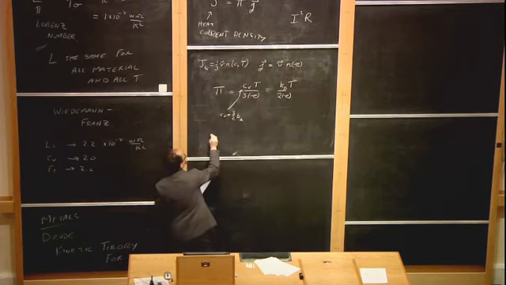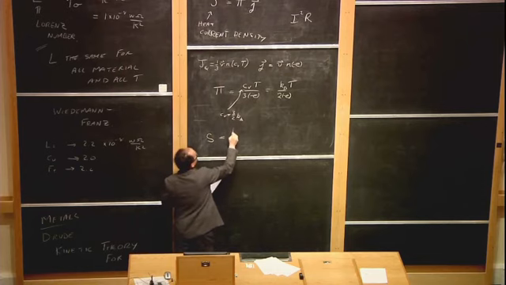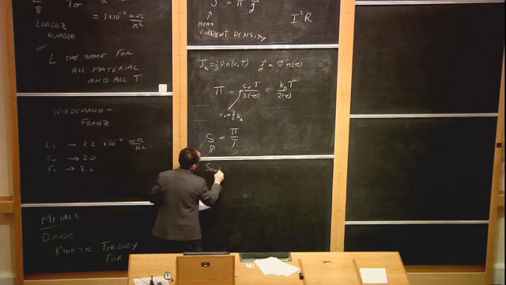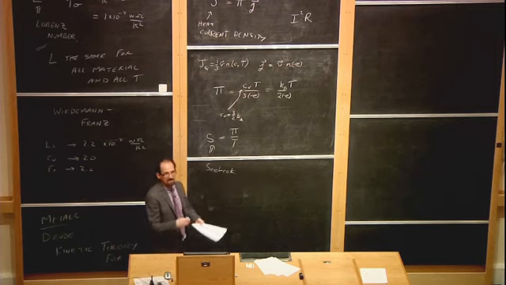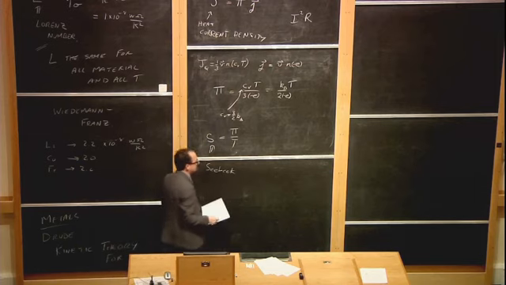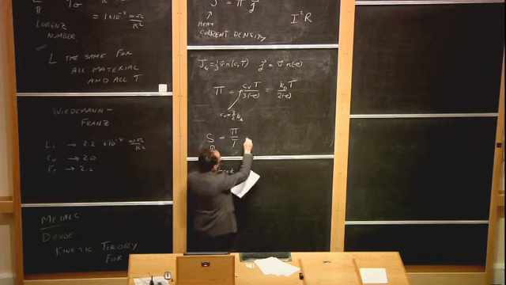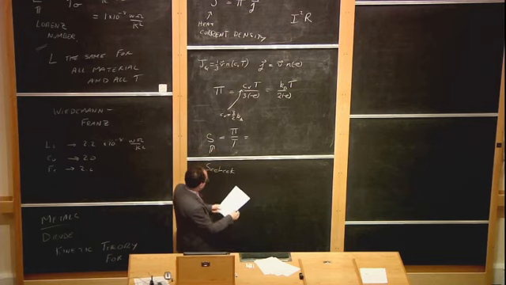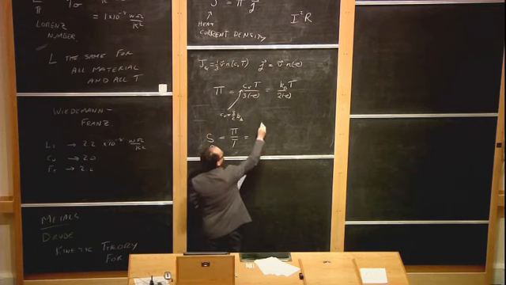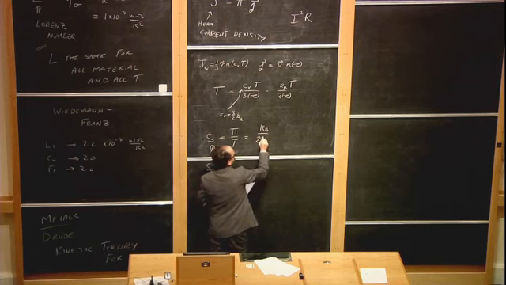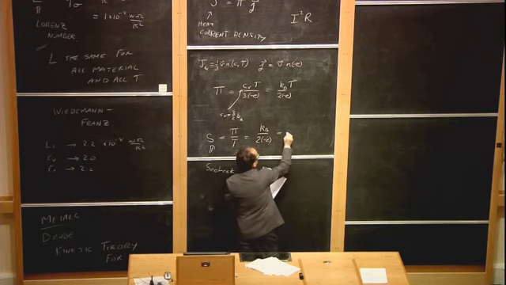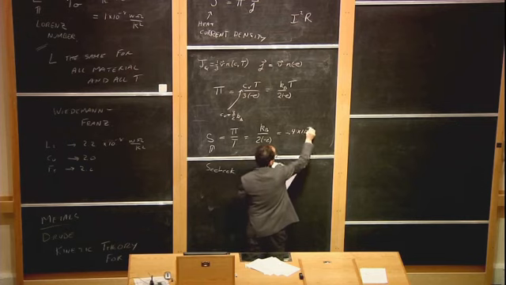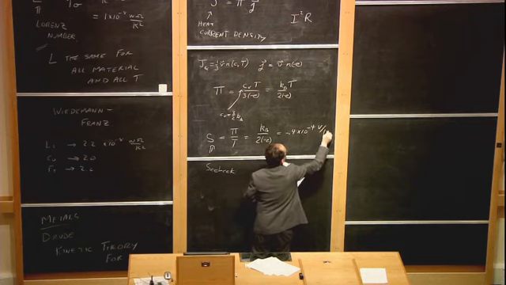And frequently what people do is they actually consider the ratio known as S, which is pi over T. S is known as the Seebeck coefficient. Seebeck was another person from the 1800s who liked to measure electrical and thermal properties. I believe he was from Estonia, actually, for anyone who happens to be Estonian. Anyway, if you take that ratio, we just get the universal constant kB over 2 times minus e, which has a numerical value of minus 0.4 times 10 to the minus 4 volts per Kelvin.